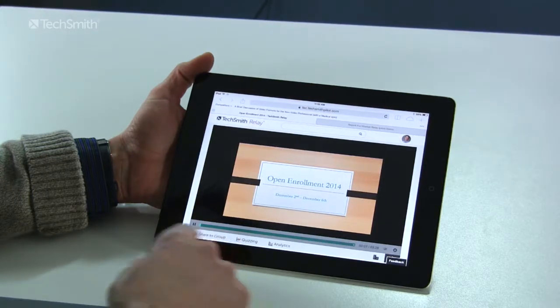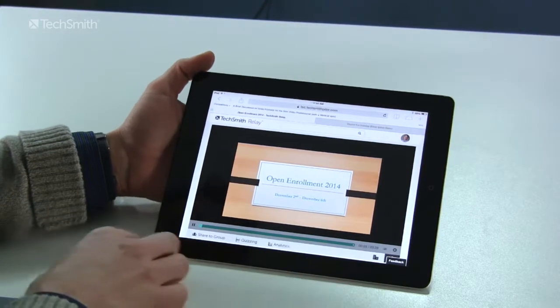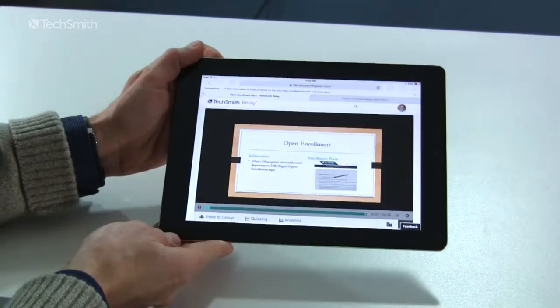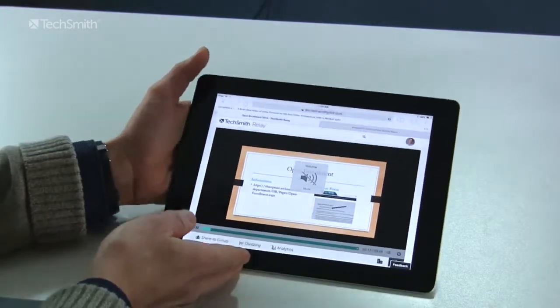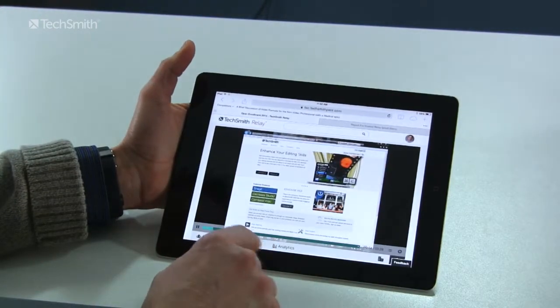our open enrollment. And you know what I'm going to do is turn that down so it's not... Open enrollment information is available. There we go. Okay, so now you can see here I can skip around and jump to, and let me